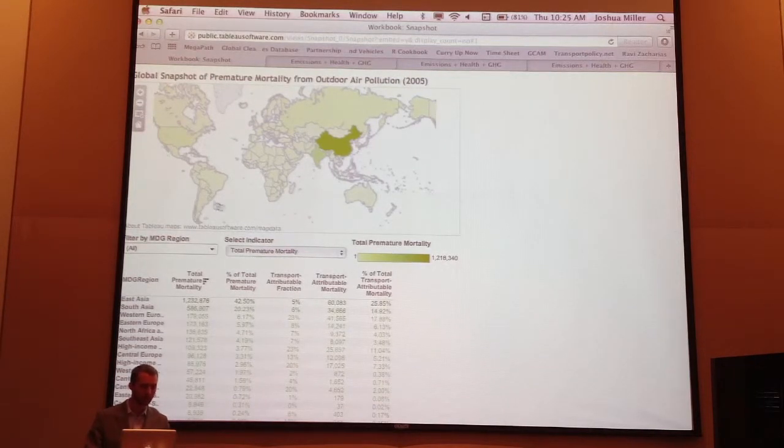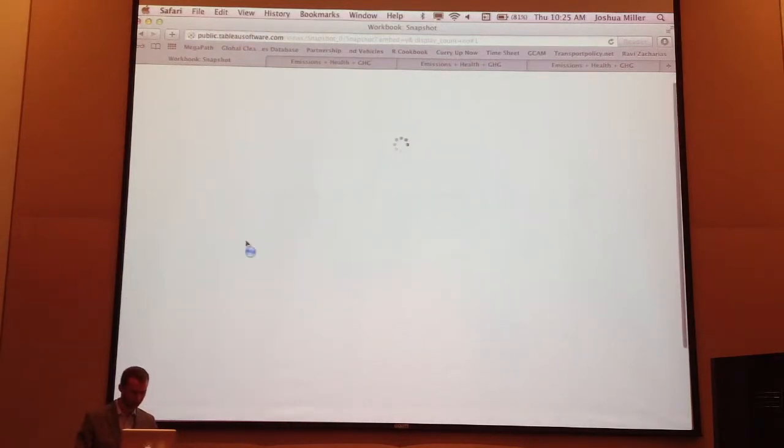I'll run through just one more thing that we can look at. Right now, the map color shows total premature mortality. We can easily switch that here to look at, okay, what if we just want to know the transport sector contribution in this case,